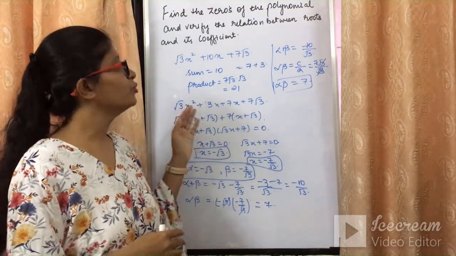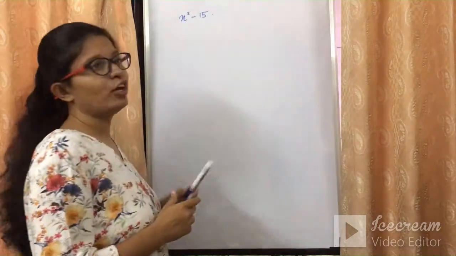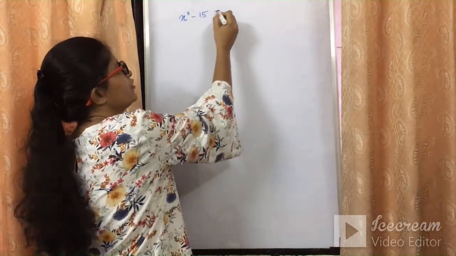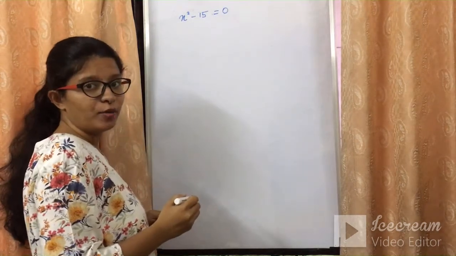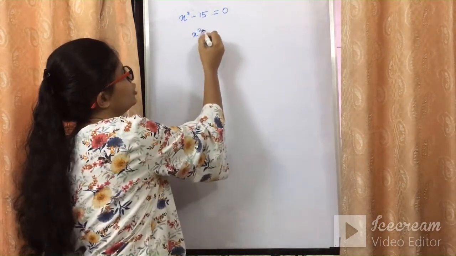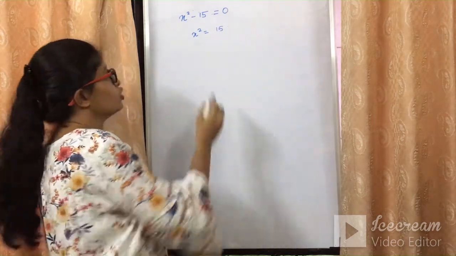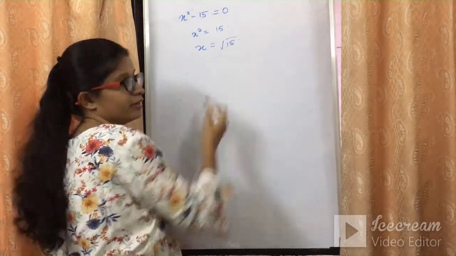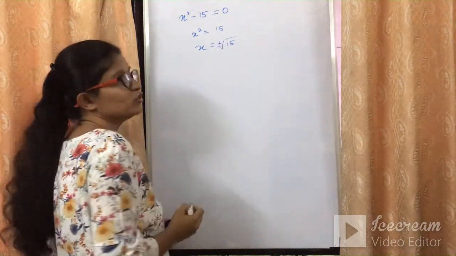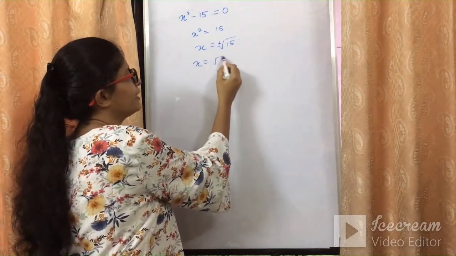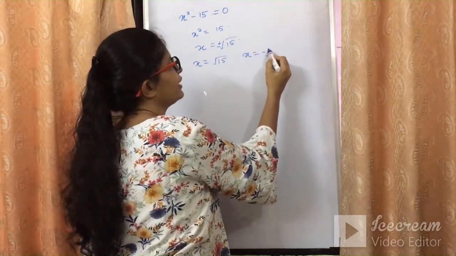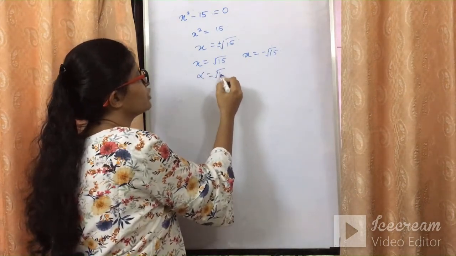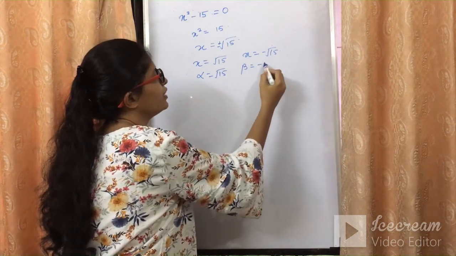Now we will be seeing a few more sums like that. Let's have a look. This is the polynomial given to us. We need to solve this polynomial and find the zeros of the polynomial. It's very simple. If you need to find the zeros of the polynomial, equate the polynomial equal to 0. By equating the polynomial equal to 0, you will get x square is equal to 15. So to take out the value of x, you need to take the under root of 15. If you take under root of 15, it will be plus minus root 15. So you have two values: positive root 15 and negative root 15. So these are nothing but the two zeros of the polynomial. So my alpha would be minus under root 15 and my beta would be plus root 15.